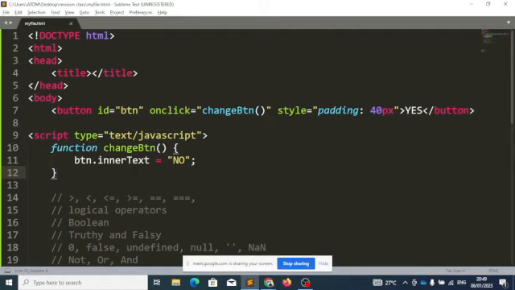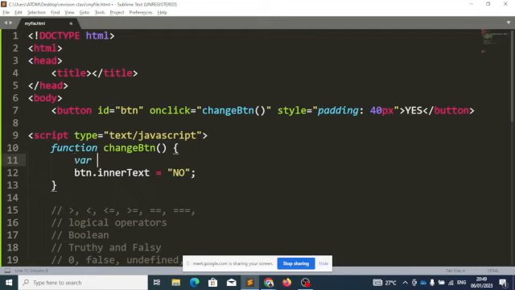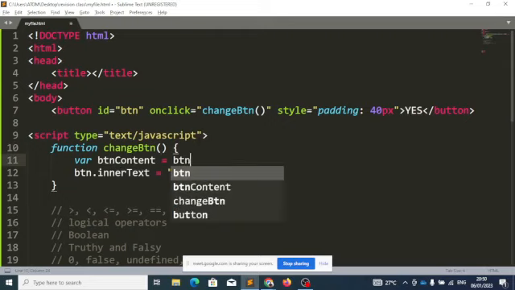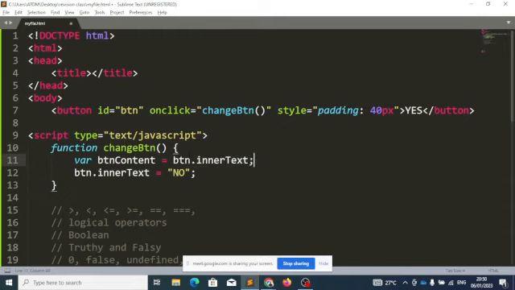First thing, you need to check what is inside this, whether it is yes or no. So we can say variable btnContent equals btn.innerText. So when we click on this button, we are saying get whatever is inside this btn and save it as variable btnContent. Now we can say if btnContent is equal to yes,